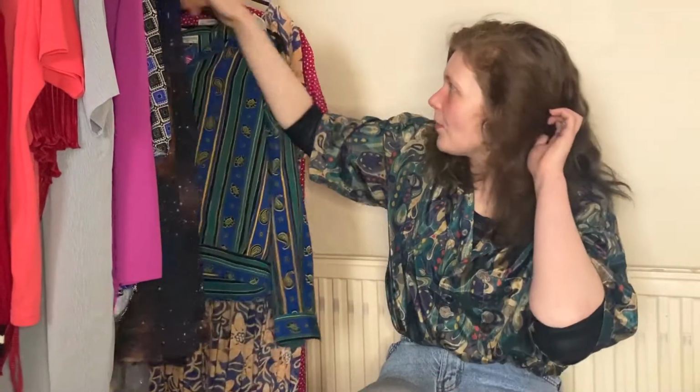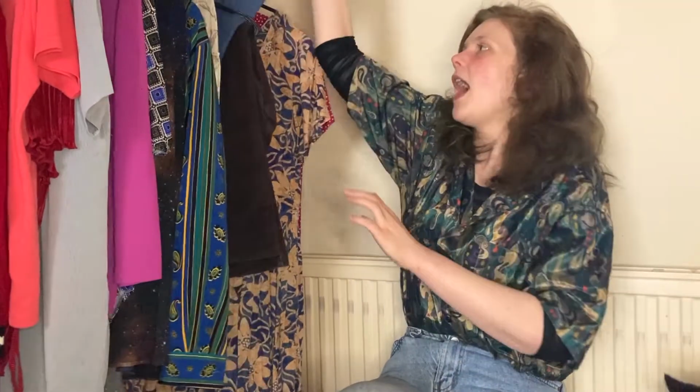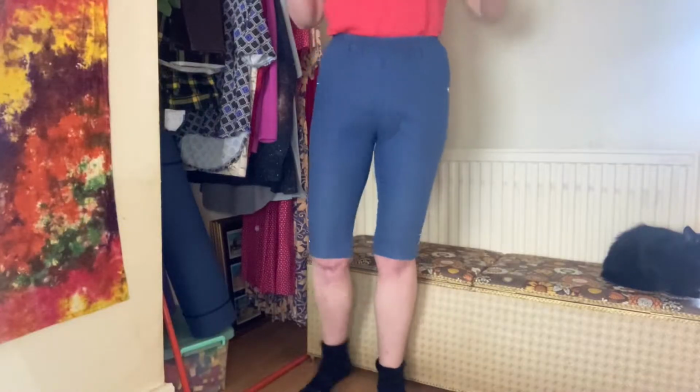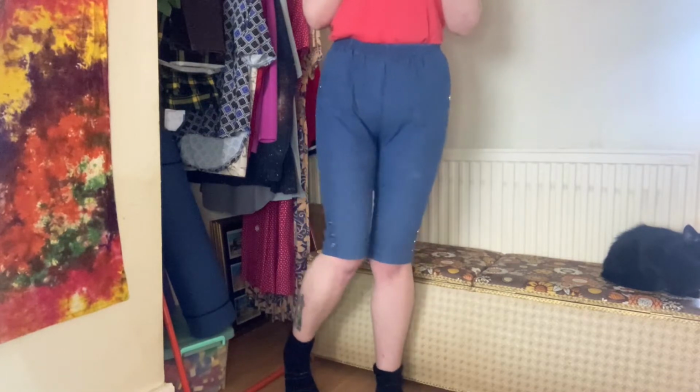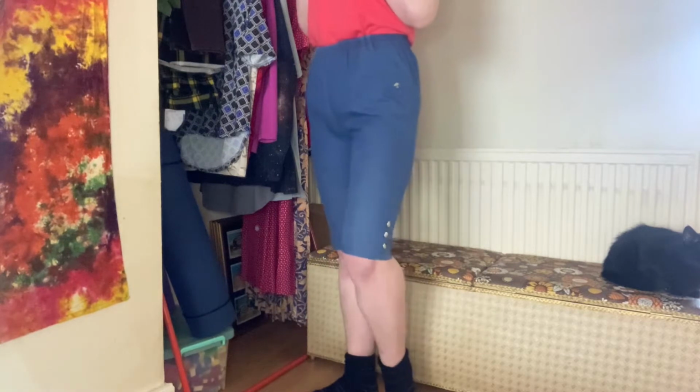So they're the last tops that I got and we can move on to pants now because I feel like these are more exciting. I struggle with pants because I don't have a small waist, but in proportion to my hips, I've got a small waist. So the pants don't work for me. Nothing fits on my lower half properly. But I got these really cute sort of like